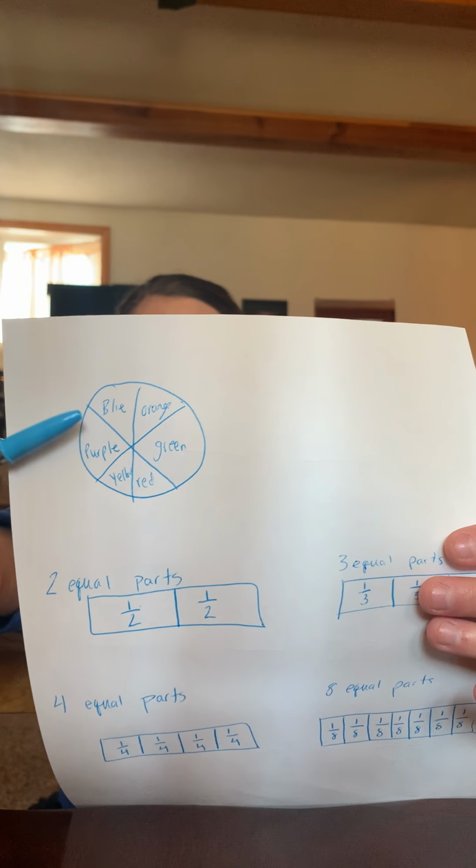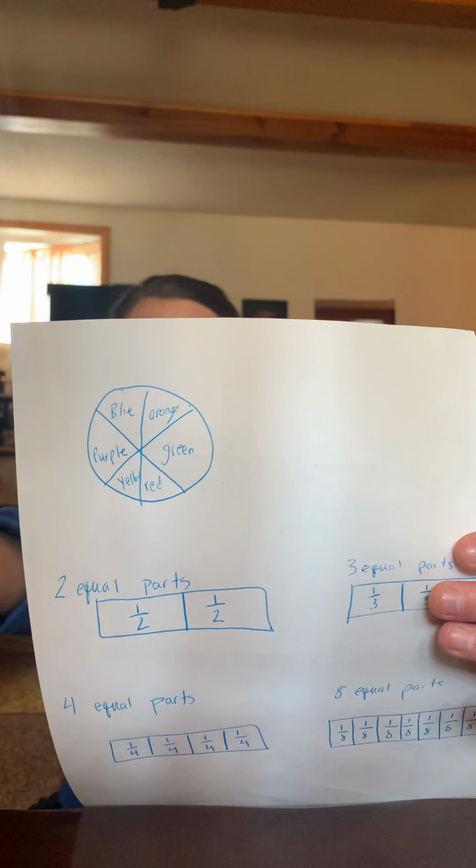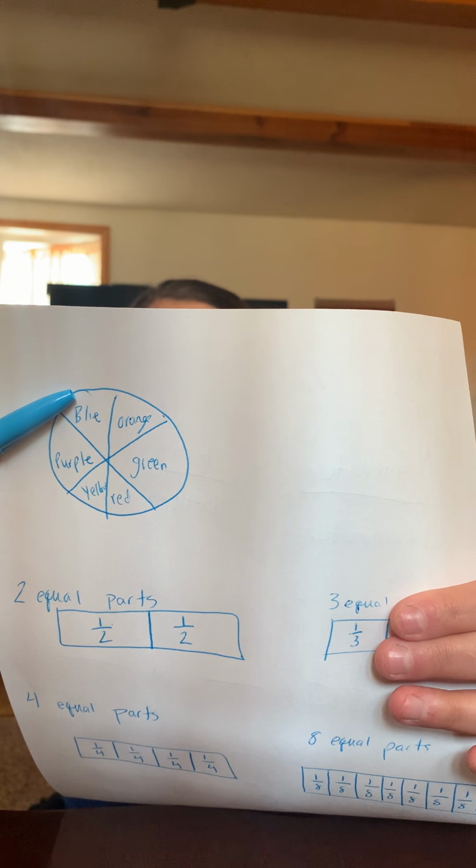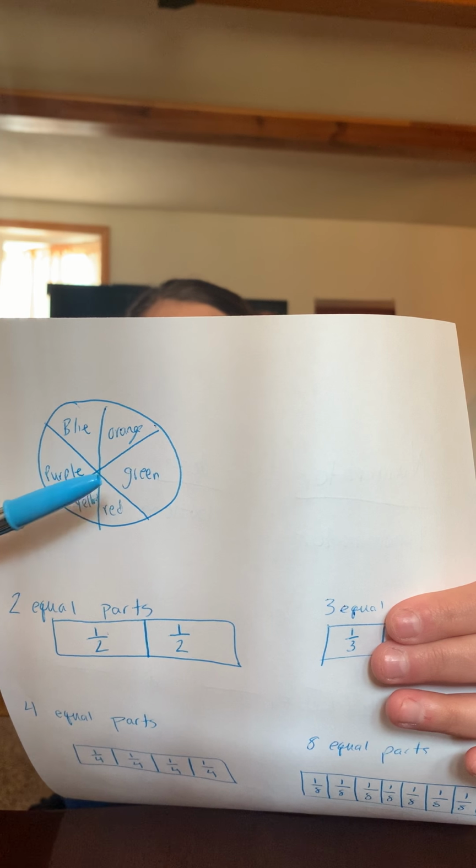All right. Another part we're going to go over is I drew a circle that has different colors, okay? We have blue, purple, yellow, red, green, and orange, okay? So, if I were to ask you, what part of the circle, what fraction would be blue and green? Well, look, how many parts of the circle is blue? 1. How many parts of the circle is green? 1. So your top number would be 2 because blue and green is 2,